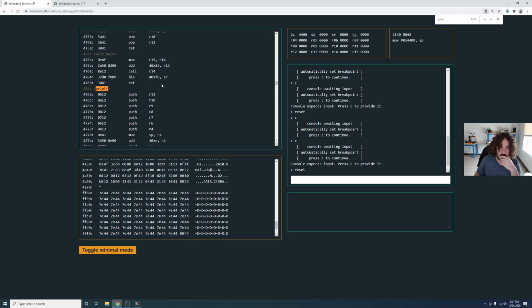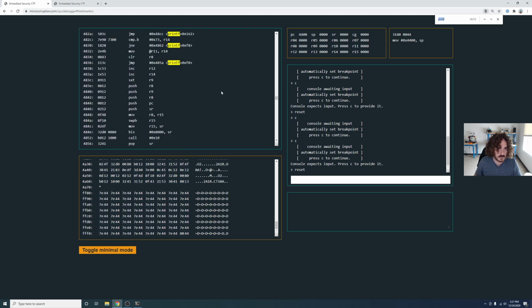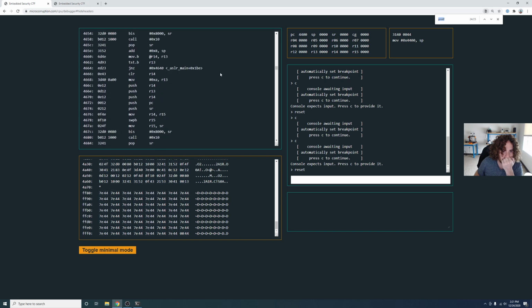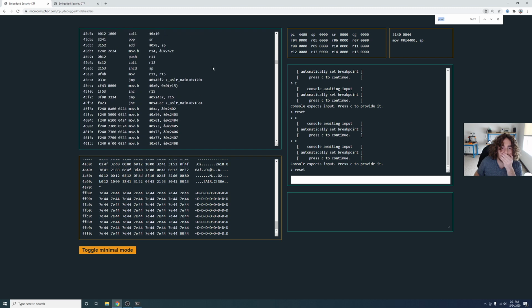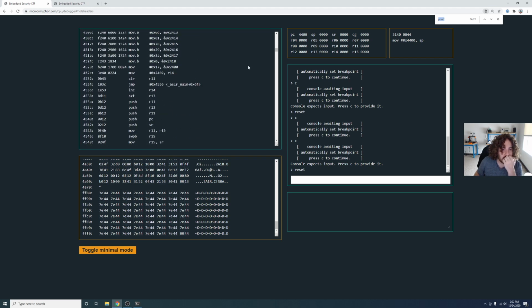Let's toggle this back. This is all in printf, I believe. It's a huge function. And what's interesting is that none of this